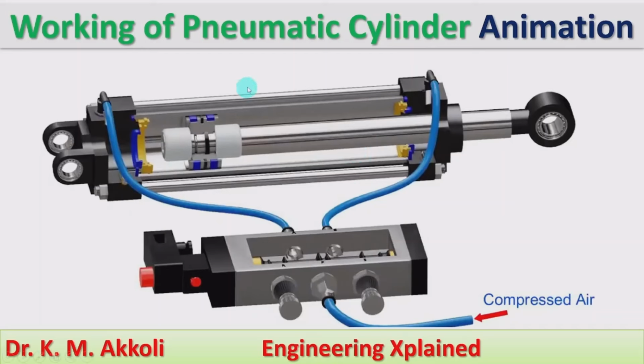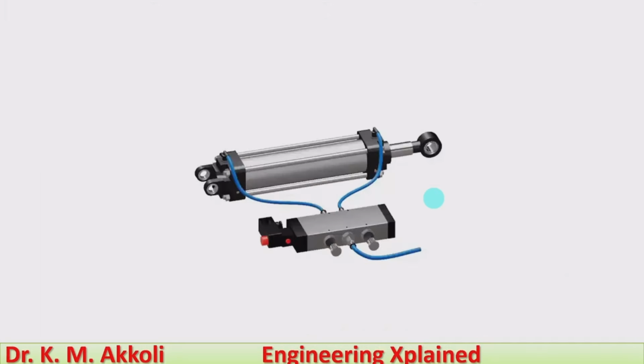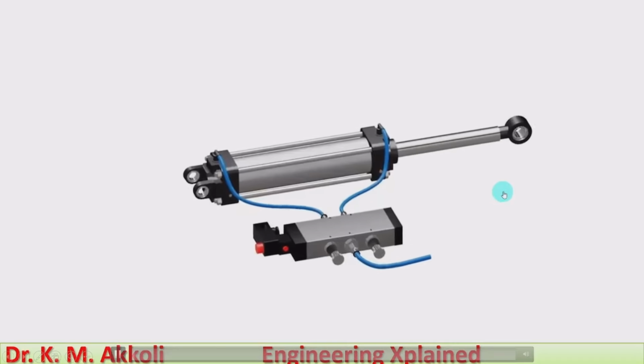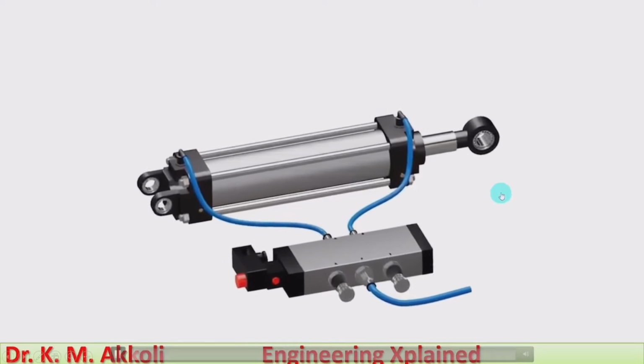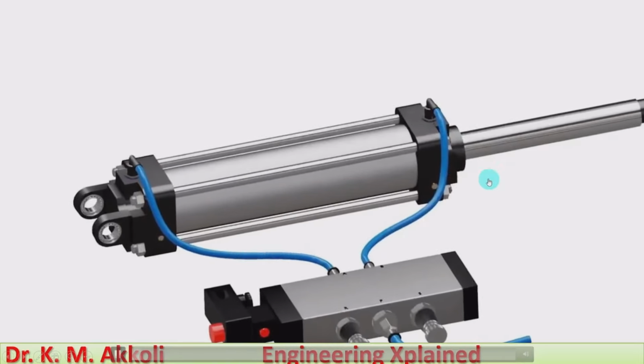In this session, I am going to explain the working of a pneumatic cylinder with an animation. The pneumatic cylinder is a pneumatic actuator which produces a linear motion. How the linear motion and force are produced during its operation, I am going to explain with the animation. And this is a pneumatic cylinder, a linear actuator, a pneumatic actuator which will be